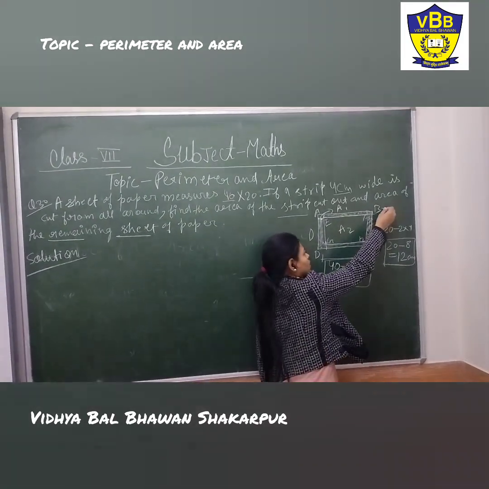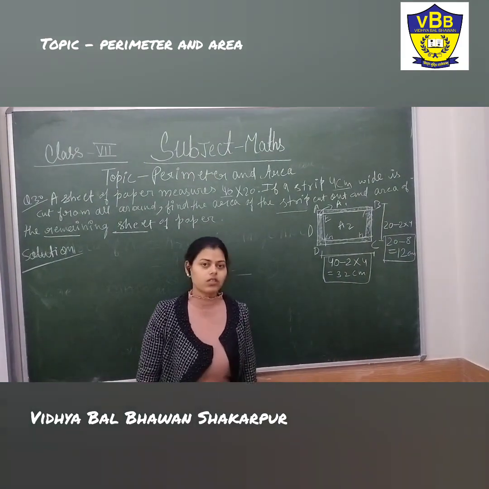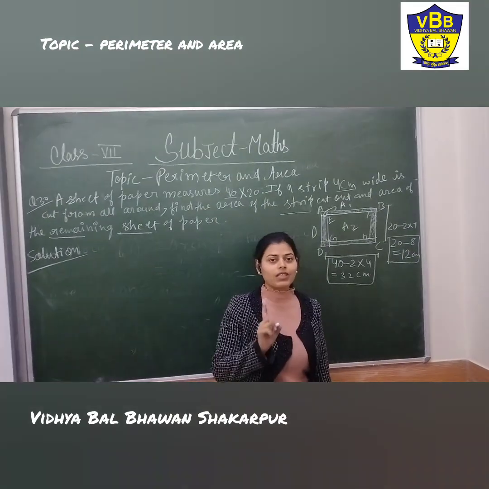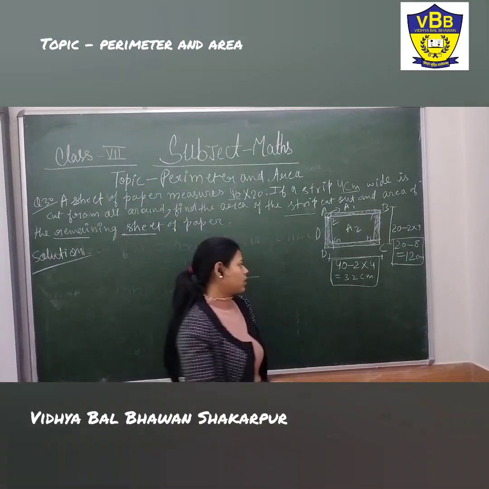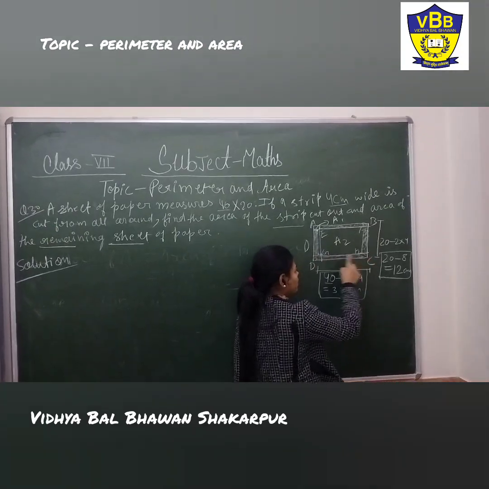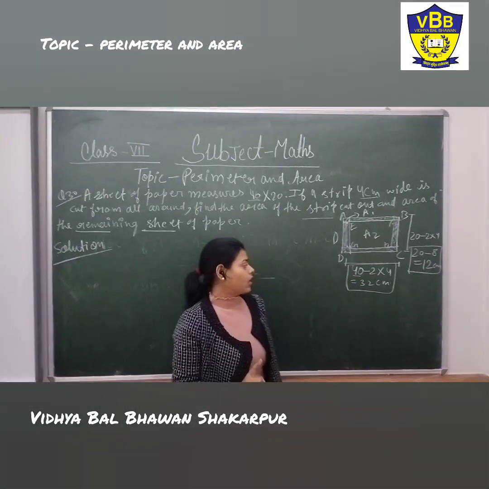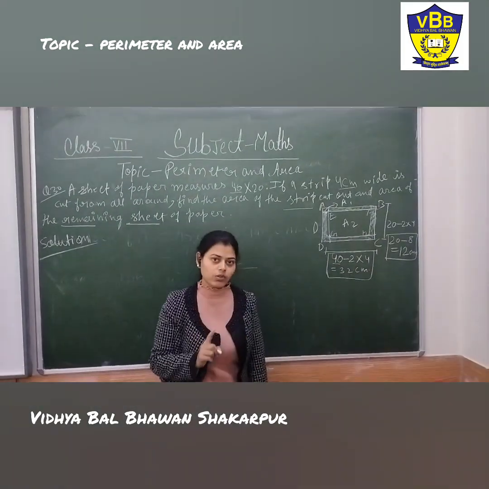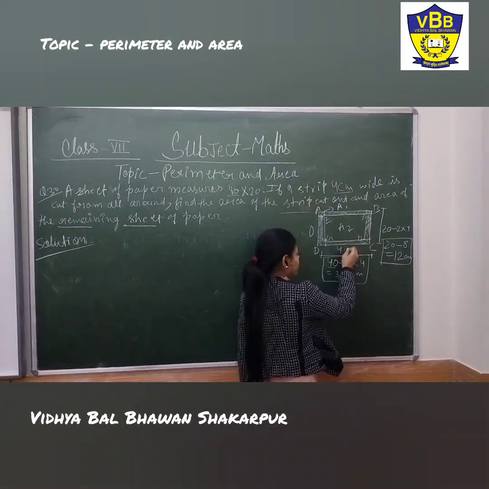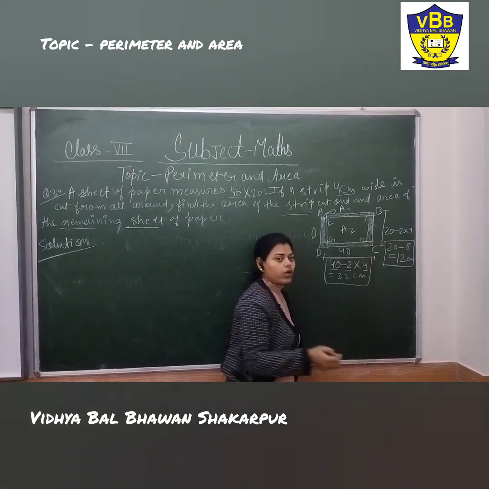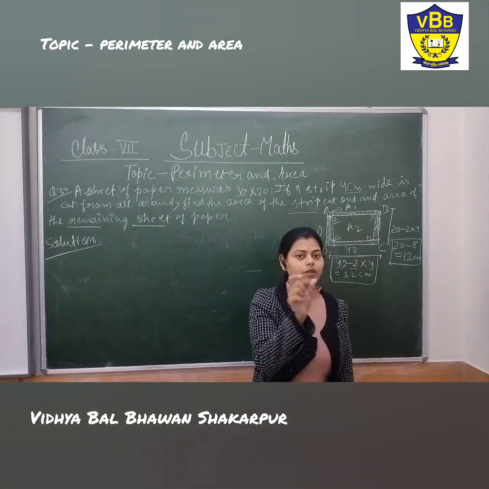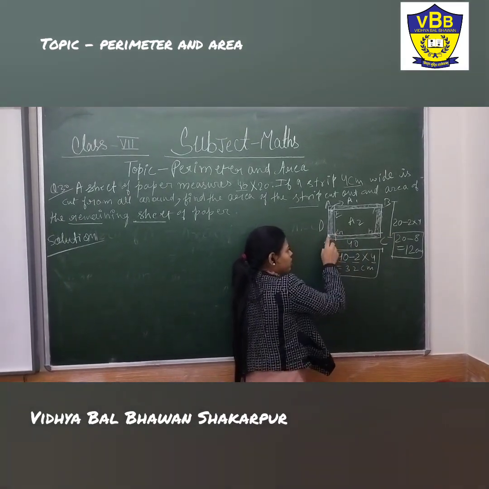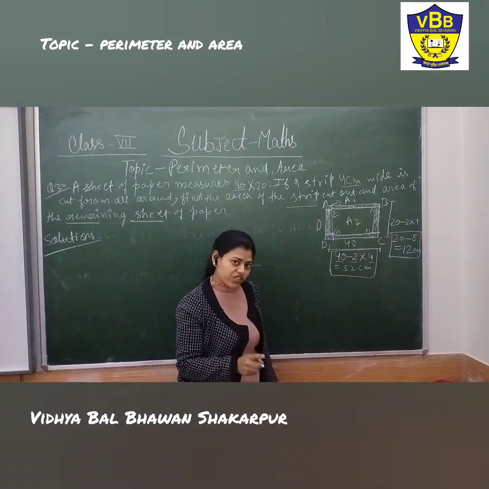As given in the question, the length of the outer rectangle is also given, and it is 40 centimeter. Now this one is the complete length of 40 centimeter, that is DC. For calculating the inner value GH, you need to subtract this value twice, because you are cutting 4 centimeter from each side. This one is 4 and this one is also 4. So I need to subtract to get the GH value.